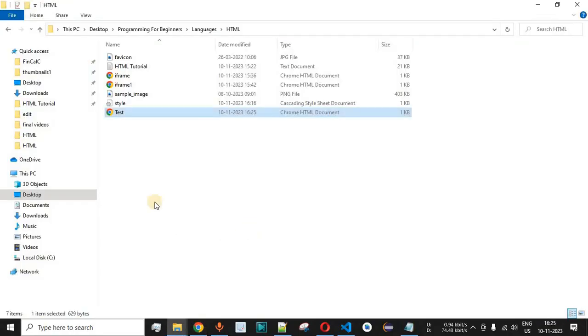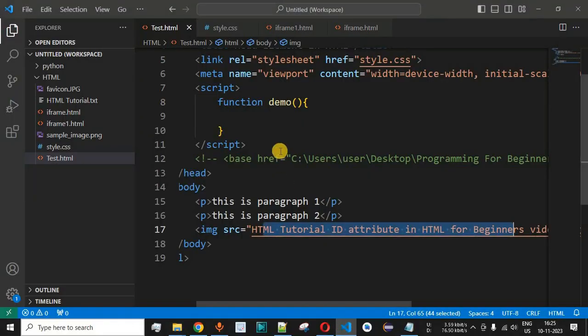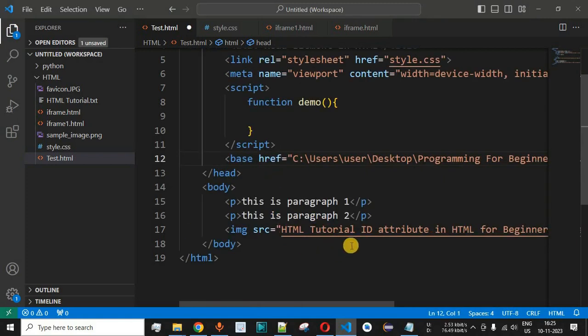But guys, the image is not present in this directory, but it is present in another directory over here which we had defined inside the base tag. So guys, basically this base tag is being used over here as the target directory where we have to find all the resources that are being used inside the HTML document. So when we provide the base tag once again along with the directory path over here from where we are going to extract all the images that we want to display on the HTML page.